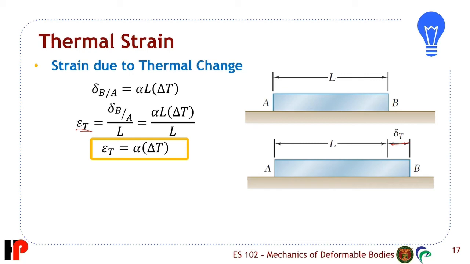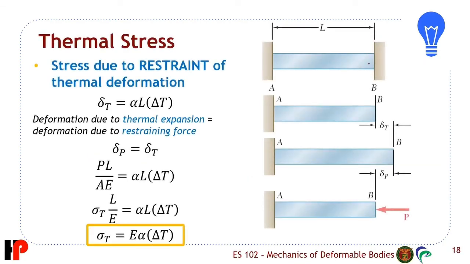Now, this is a case wherein you don't have stress associated with the strain. Kasi, walang constraint. So, ibig sabihin, nag-elongate lang siya without an applied force. So, this is strain without stress. So, yun yung example niya. Now, that is the case kapag walang constraint. Paano kapag may constraint naman? So, kapag may constraint naman, ang nangyayari, imagine nyo muna siyang walang constraint, and so mag-elongate siya by delta T